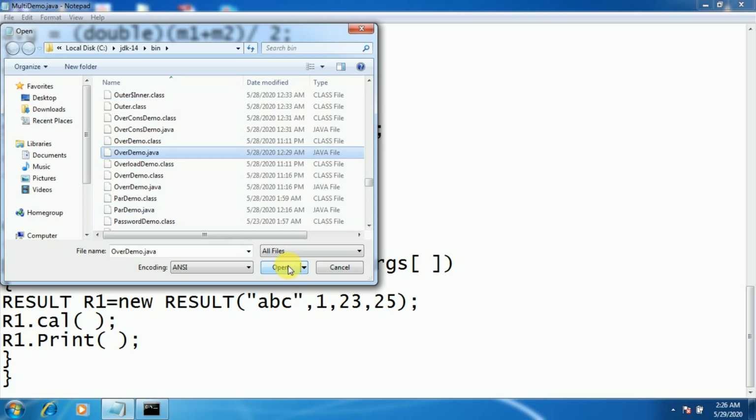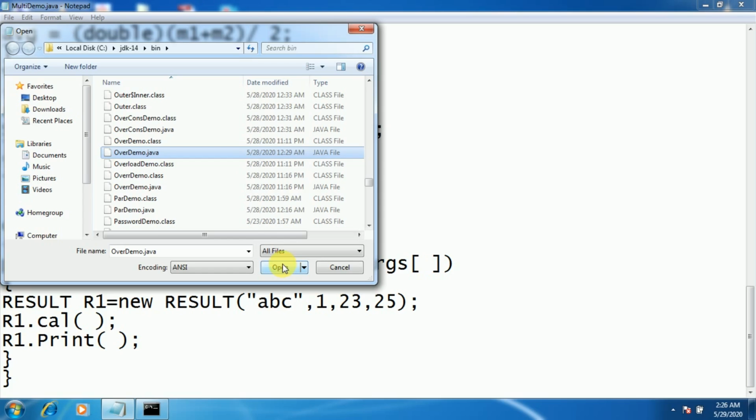Compile time polymorphism is where which version of the same method is called is decided at compile time. That's why it is called compile time polymorphism, or also called static polymorphism. The example of compile time polymorphism is method overloading. So how do we define method overloading?